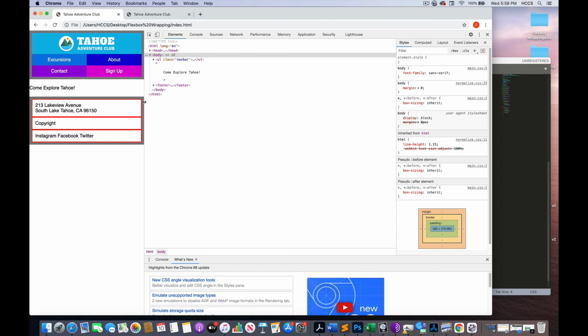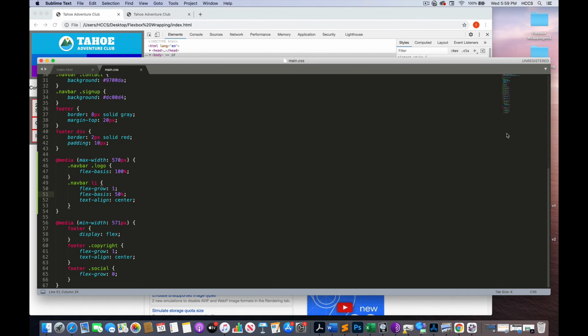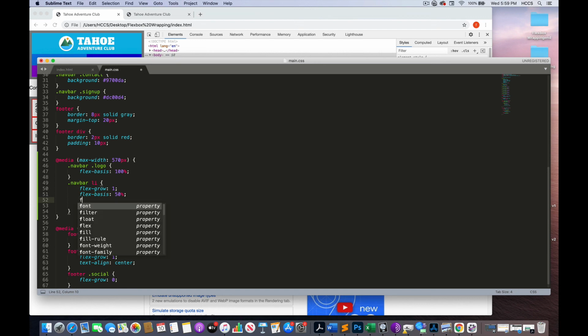All right, so let's go through, and we can leave that as it is, but let's clean the code up. There's some coding conventions we can do for what we just accomplished in the navbar li. So down under that flex basis 50%, let's do some code that cleans up both of the declarations above it into one line. So we're going to go flex